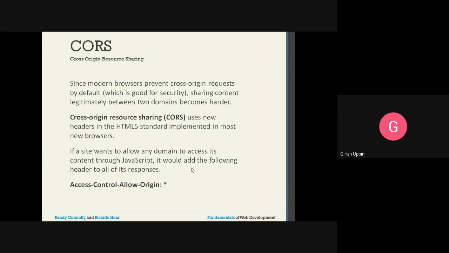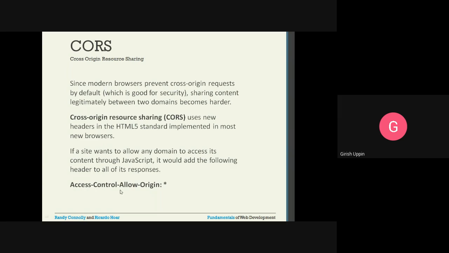From the security perspective, cross-origin resource sharing is not really encouraged. In HTML5, we have a mechanism by which certain domains or all domains can be allowed to access through JavaScript, and that can be done using this.